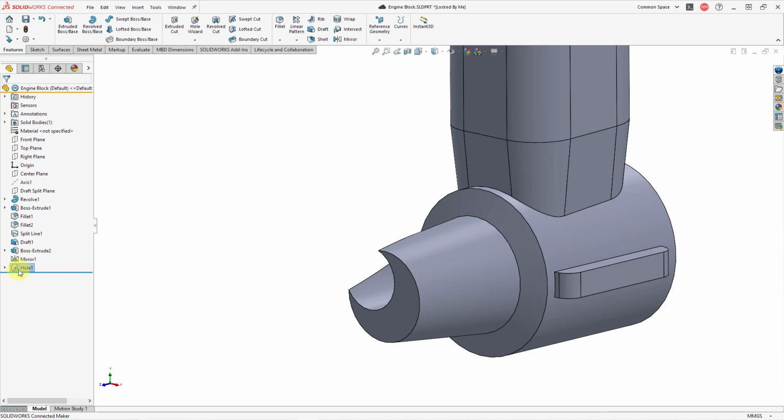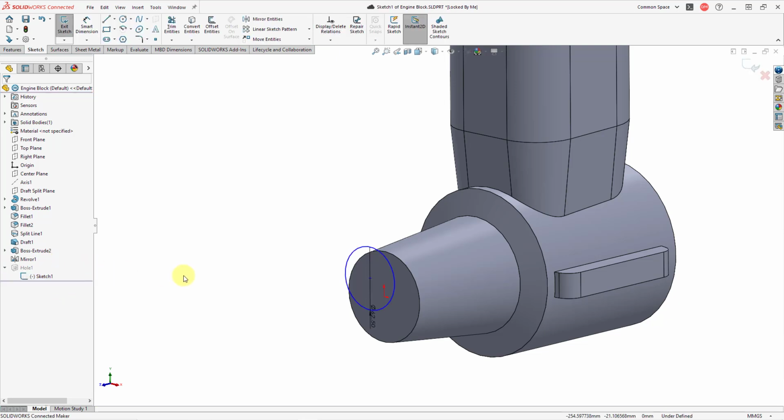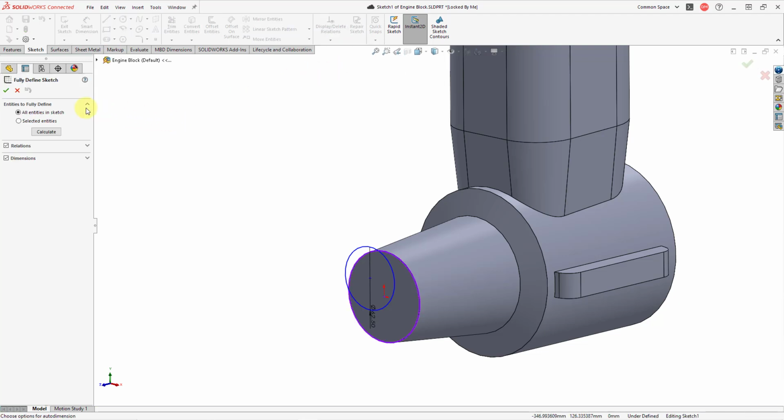So the standard workflow is that you actually go to the hole and then expand it and go to the sketch and then edit the definition of the sketch in order to locate it in the right place. And the sketch is in blue, indicating that it is not fully constrained. So to make it easy on myself, I'm going to go to the display delete relations dropdown, fully define the sketch,